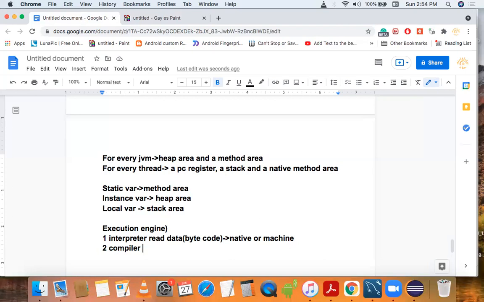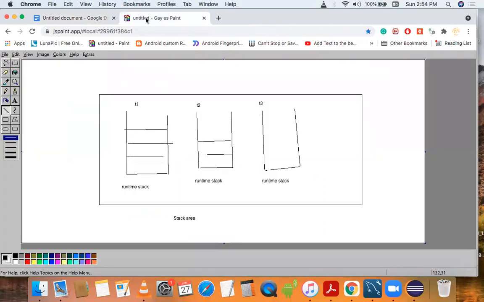Then our next topic is JNI. JNI means Java Native Interface. Let's try to understand by a diagram.